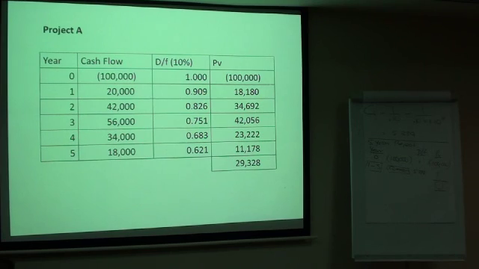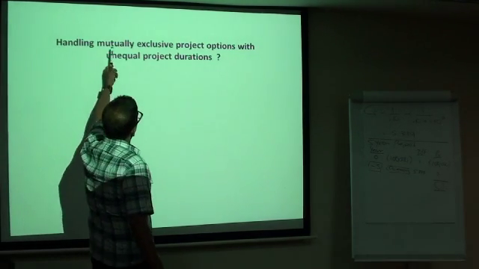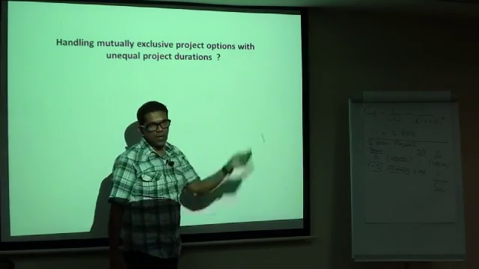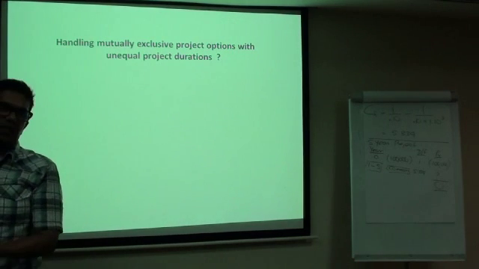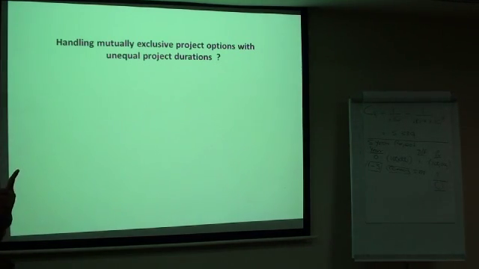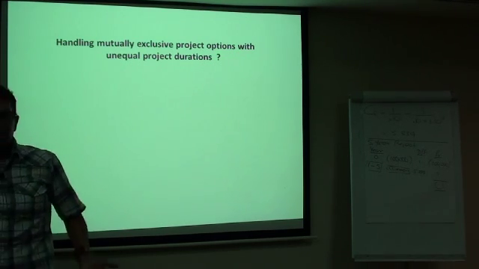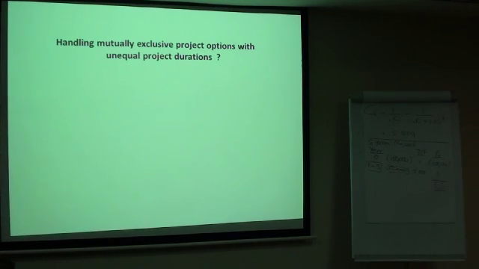Good. We are faced with 2 mutually exclusive projects. Mutually exclusive means you have to pick one. If you pick one, the other has to be dropped. Right? It's like getting married. You have 2 girlfriends, but you can only marry one person. If you marry one, the other goes out, right? So mutually exclusive. Now, what is the project you are going to pick?